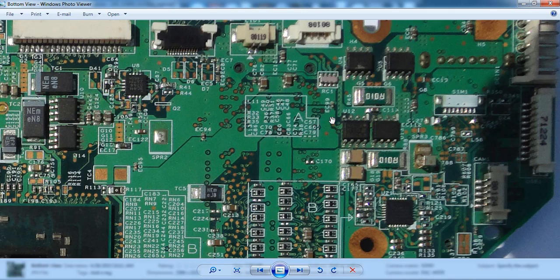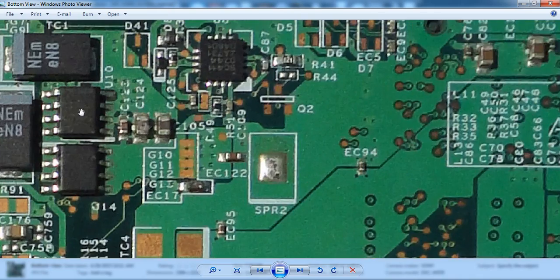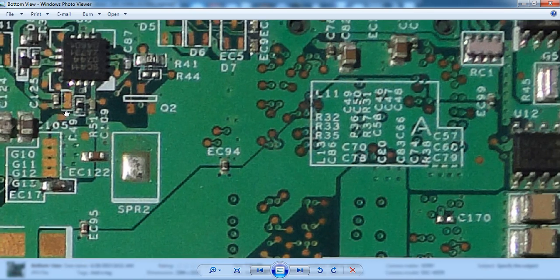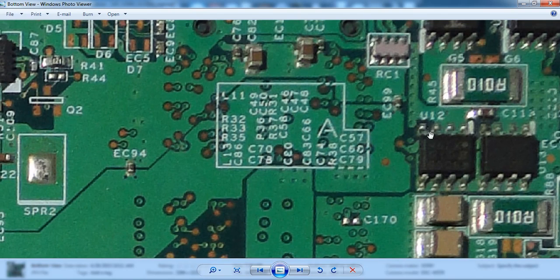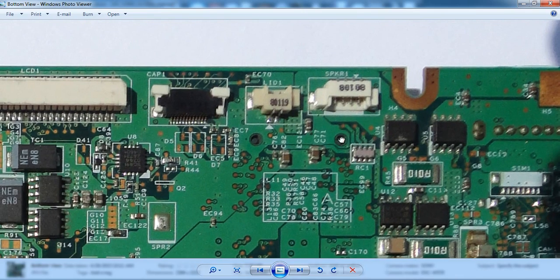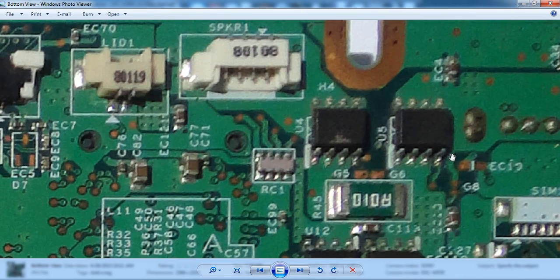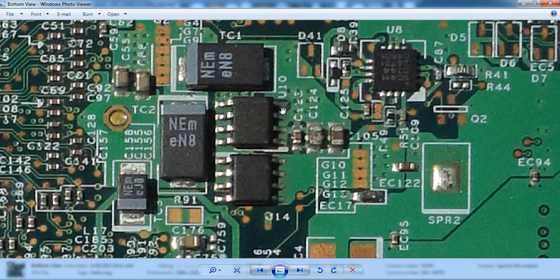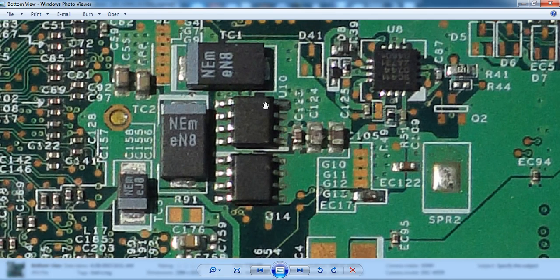Watch closely. I will show you one more diagram. Yes, this is the MOSFET. These three are on a single bed. This is separate. See the color. This is totally different. This is the gate. Pins 1, 2, 3 are the source. This is the gate, and these 4 are the drain points.